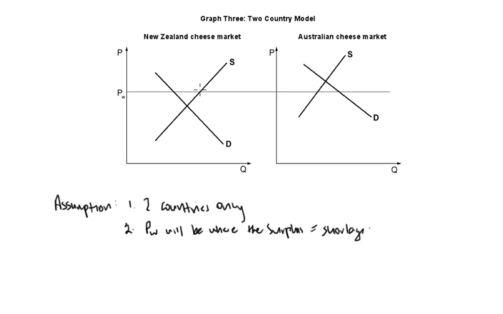You can see that here. In this country the quantity supplied is greater than the quantity demanded. That's New Zealand, so there's a surplus in New Zealand. And in the Australian market, where local prices for cheese are very high relative to New Zealand, you can see that at the world price there is a shortage, where the quantity demanded is greater than the quantity supplied. So where those 2 quantities are equal is where the world price will be established.